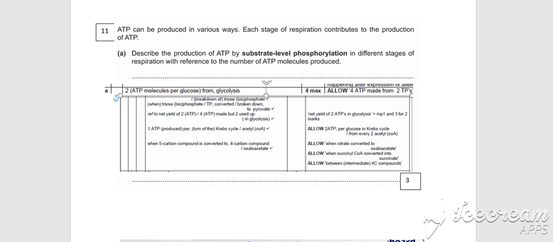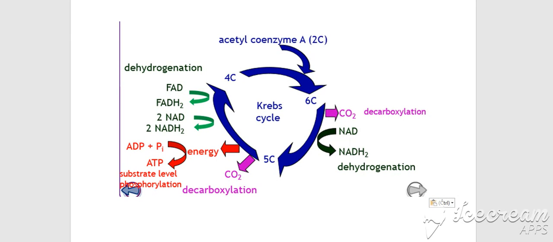The acetyl coenzyme A is then going to enter into the Krebs cycle. So in the Krebs cycle, the acetyl coenzyme A binds with the 4-carbon compound of oxaloacetate and will produce a 6-carbon compound. Then decarboxylation will occur, carbon dioxide will be lost to create the 5-carbon compound. Decarboxylation will happen again, which will then regenerate the 4-carbon compound, which can then bind again with further acetyl coenzyme